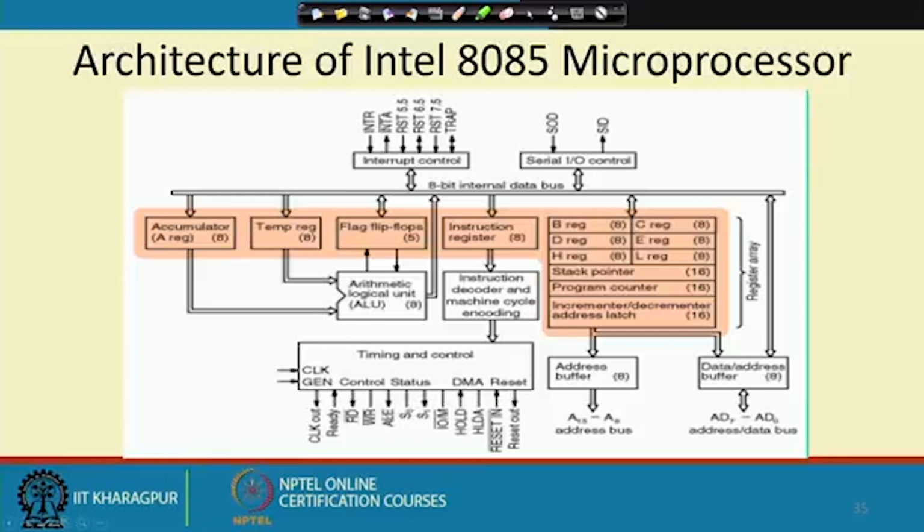Now let us look into the signals that are coming into this timing and control module. Clock is one signal, and for the clock generator, a crystal will be connected between these two pins. Then there is the ready signal, which is a special signal. We will see it in detail later, but what it essentially does is this: if the memory chip with which you are connecting the processor is slow compared to the processor,